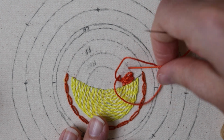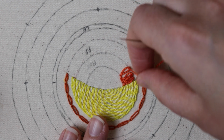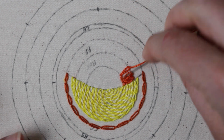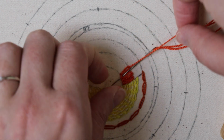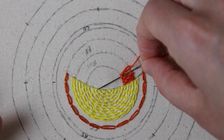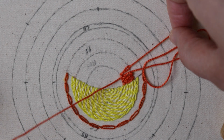And now you do have to pull in order to get this twisted chain stitch to tighten up. But again, if you just yank your thread, you're gonna pull out what you've created in that very first stitch. So you're pulling gently just to the place where you want it to be. Once you get there, you're sliding your needle back underneath that working leg, what's connecting it to the previous stitch,